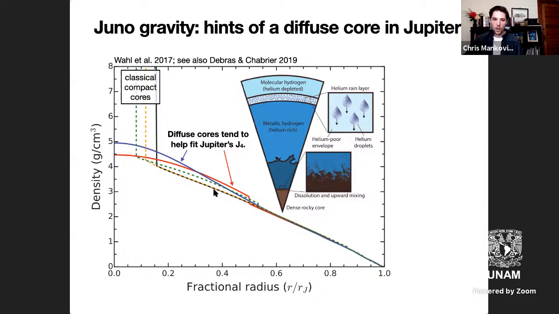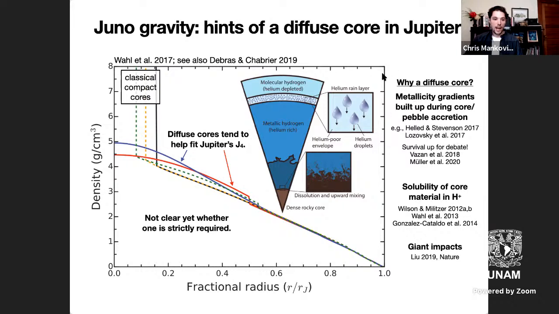It's really not clear from the gravity field because, again, it's intrinsically an integral quantity that does not tell you about the distribution specifically. So now we're starting to have a picture for Jupiter's interior, maybe, where there is not such a neat division between a compact heavy element core and the envelope that's dominated by hydrogen. And there might be a few reasons for that.